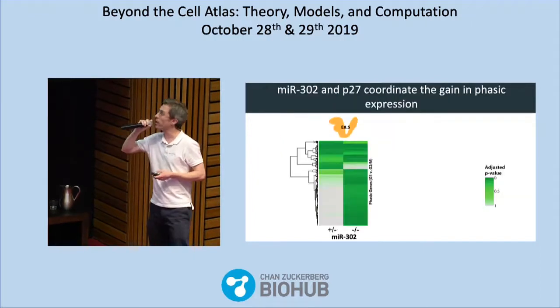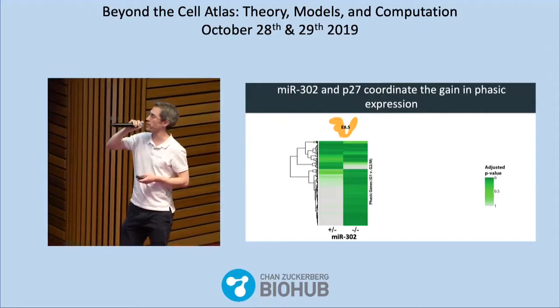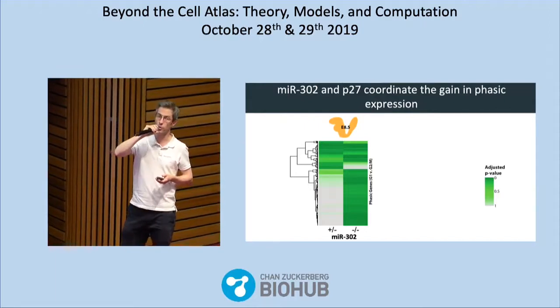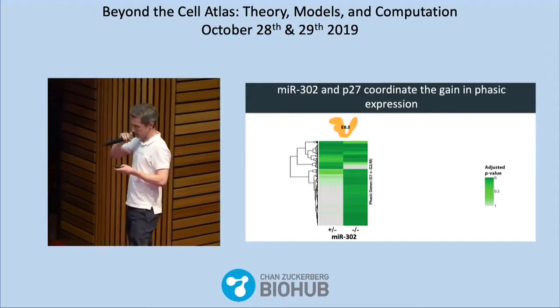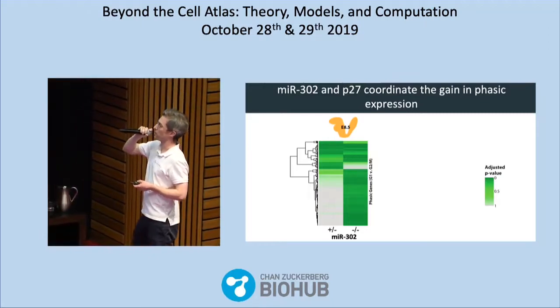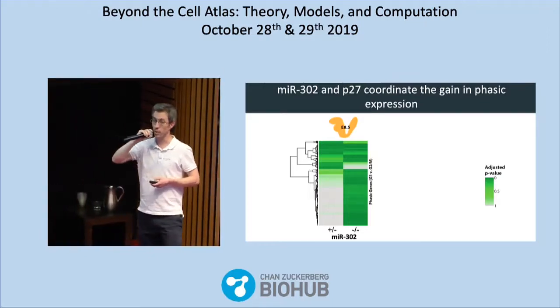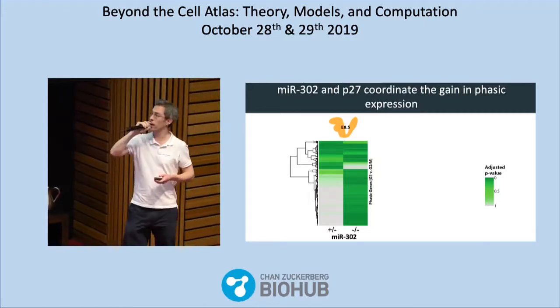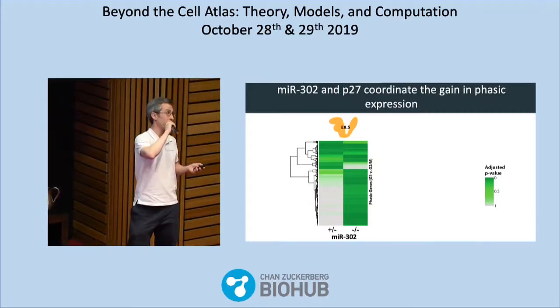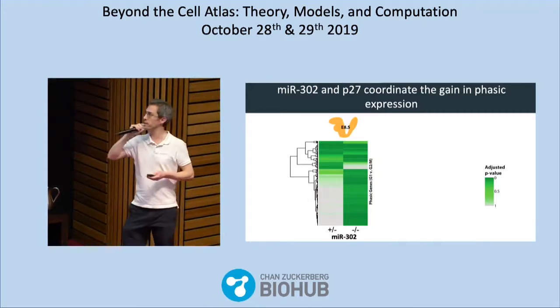So then I moved to a knockout and asked, was there actually a change in the amount of cell cycle regulated expression in the knockouts relative to the controls? And what you can see here is that there's a dramatic increase in the amount of cell cycle regulated expression in the MIR302 knockouts relative to the controls. The 290 cluster, the other cluster that shares the seed, is not actually expressed at this stage.